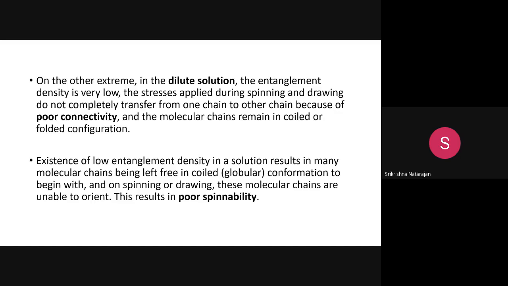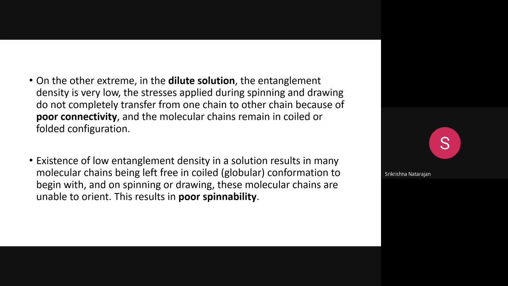Once you produce the fiber and then do the drawing, what will happen? It will be difficult to orient. You will not get the uniaxial extended structure, you will not get the strained structure. Just imagine you have Maggi noodles, and what you need to do in drawing is make it straight. The Maggi noodles are completely entangled like worms passing over each other, and every Maggi noodle has a single noodle. You have to straighten that noodle out. That is the drawing process. Because of that, it will lead to poor spinnability.